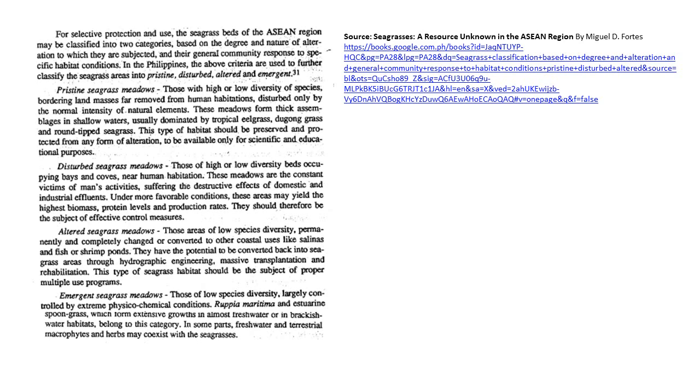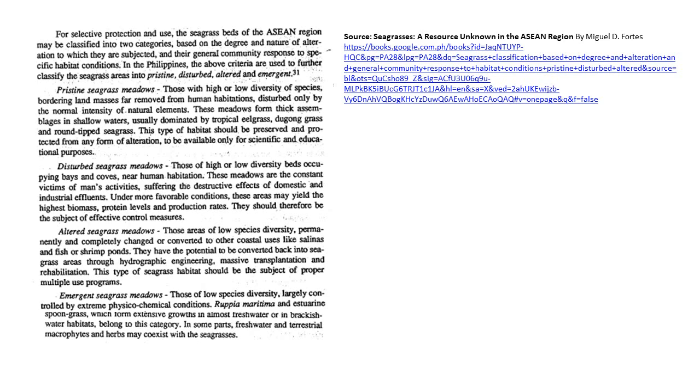Ibig sabihin, pag sinabing pristine yung seagrass, malayo siya sa human interventions, malayo sa komodidad. Yung nagdi-disturb lang sa kanya ay natural elements. The disturbed seagrass meadows, those of high or low diversity beds occupying bays and coves near human habitation. So, disturbed ay malapit sa komunidad or sa human habitation, and merong constant